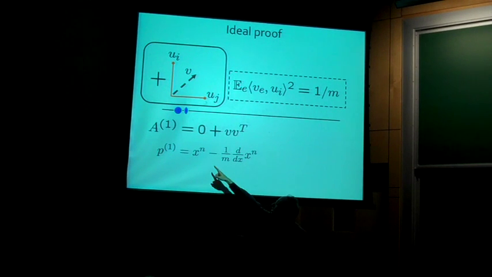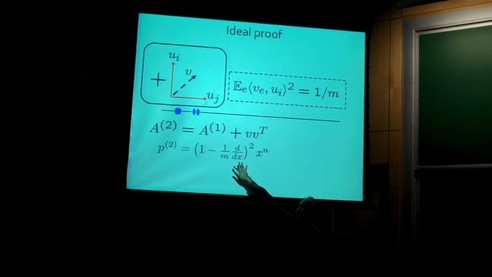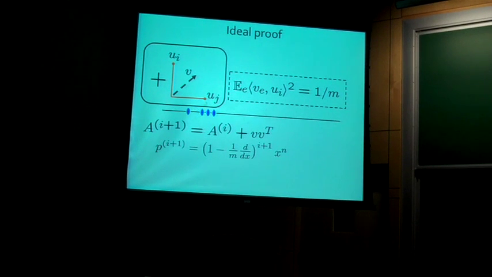It will be x to the n minus 1 over n times the derivative of that. And we pretend we could add a balanced vector again. Say we know we can in expectation. Our new characteristic polynomial is just you apply this operator squared to the original characteristic polynomial. And you keep doing this. And if you keep doing this over time, the eigenvalues march forward in a very nice way.